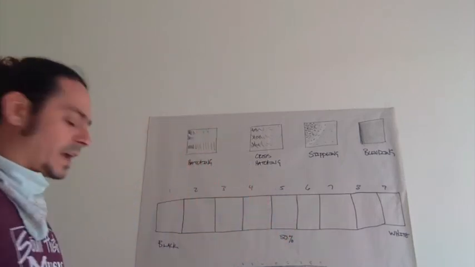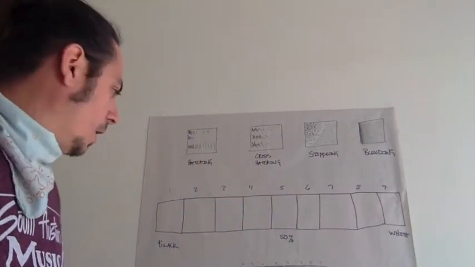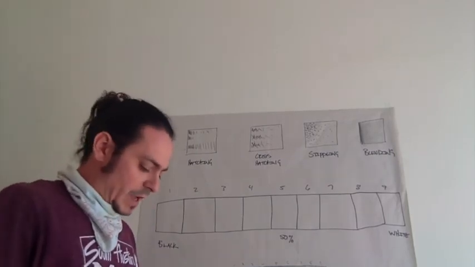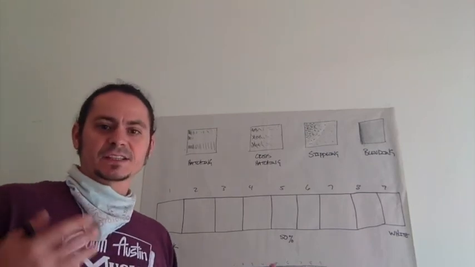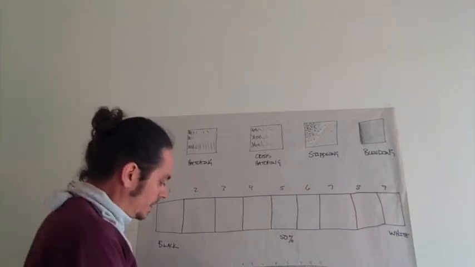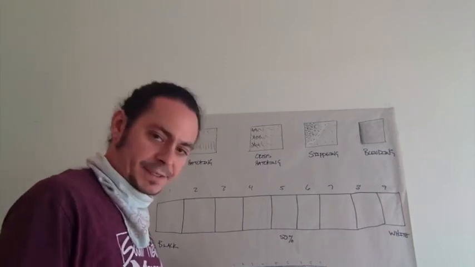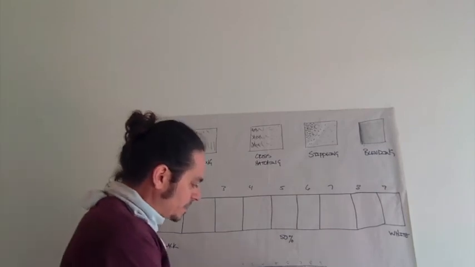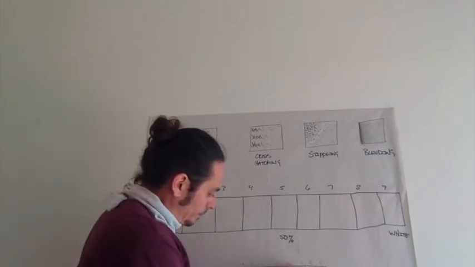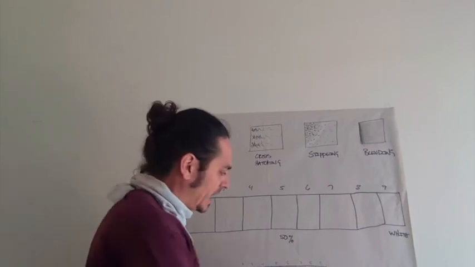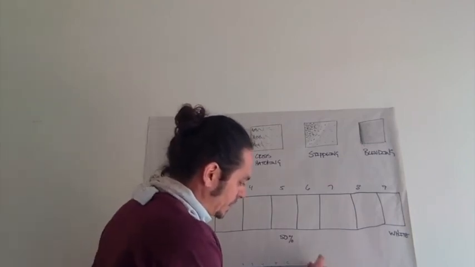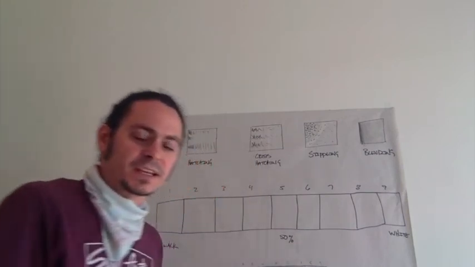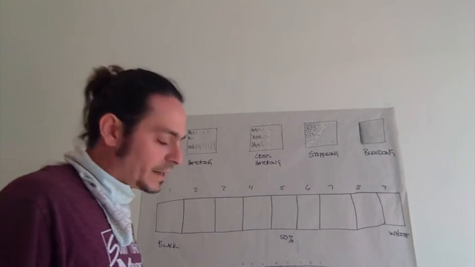All right, okay. So now that we have a general idea of what our value range looks like, let's take a look at it and see if we need to manipulate any boxes. So number 1 is pretty dark. It's the darkest. And number 9 is the lightest. Now, because my overall value range was pretty heavy, and the difference between number 8 and number 9 was so drastic, I did some very, very light shading in box number 9, but it's still the lightest area out of all the boxes,